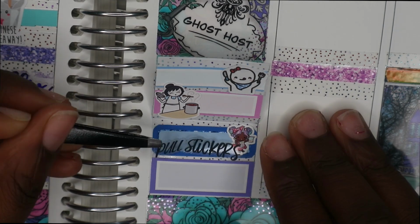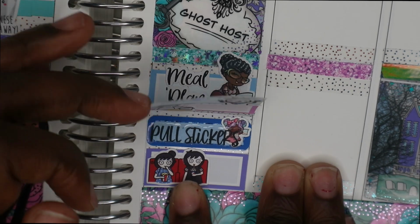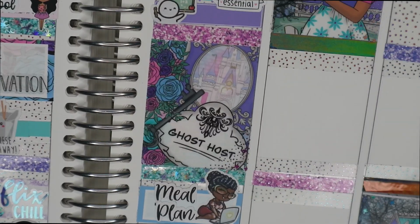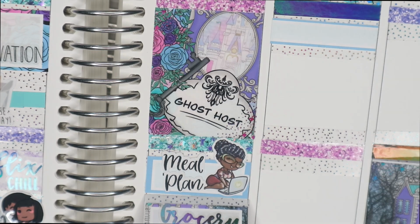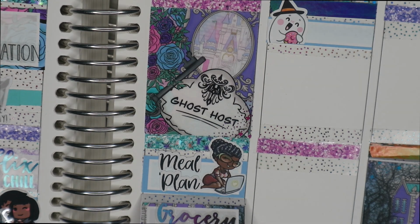Moving on to Friday. On the top of Friday I used a fancy label, and in the fancy label I used, oh I keep putting my stickers down so wonky, and then more of my half cut headers. So this bit didn't take long just because of the half cut headers, so I'm not sure if I put the boxes down first and then put the icons or not. Yep, so I used this sticker from Fox and Cactus that looks happy, to note that it was Friday at last. I then used the pattern squared off quarter box and a